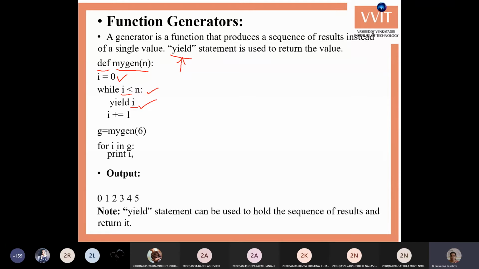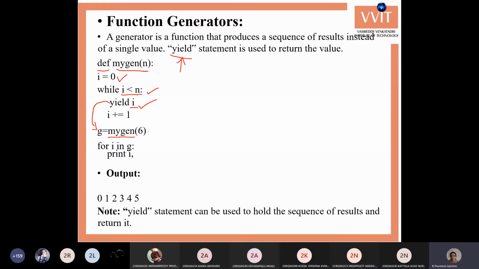If this condition is true, then it enters into the loop and executes the yield statement. So temporarily it exits from this part of the function and goes to the calling program. Here we are calling my_gen of 6. This 6 is passed as a parameter to the function, and 6 is the n value.